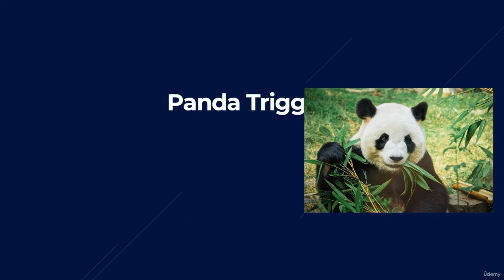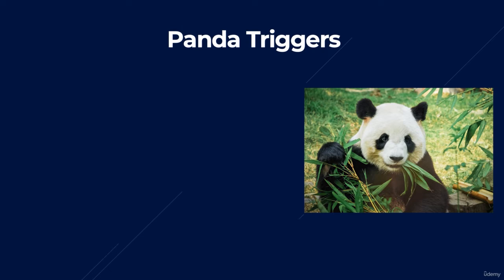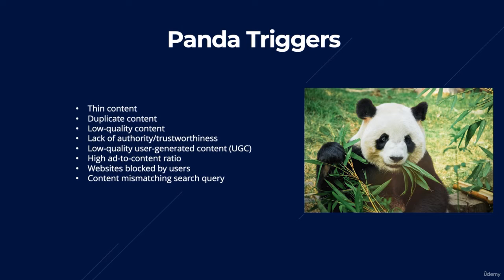Triggers for Panda. The Panda algorithm update addressed a number of problematic things in Google search engine results, including thin content, so weak pages with very little relevant content on them, duplicate content, so copied content that appears on the internet in more than one place, low quality content, so pages that provide little value to human readers because they lack in-depth information, lack of authority/trustworthiness, low quality user generated content, so UGC, high ad to content ratio, so pages made up mostly from paid advertisements rather than original content, website blocked by users, and content mismatching the search